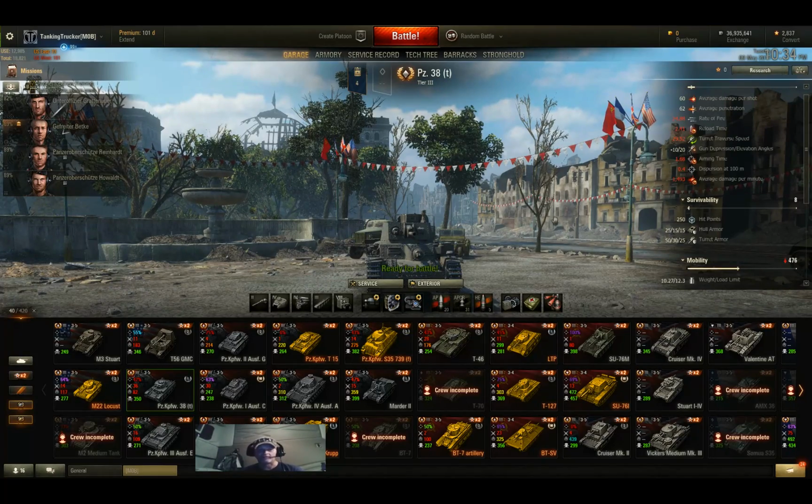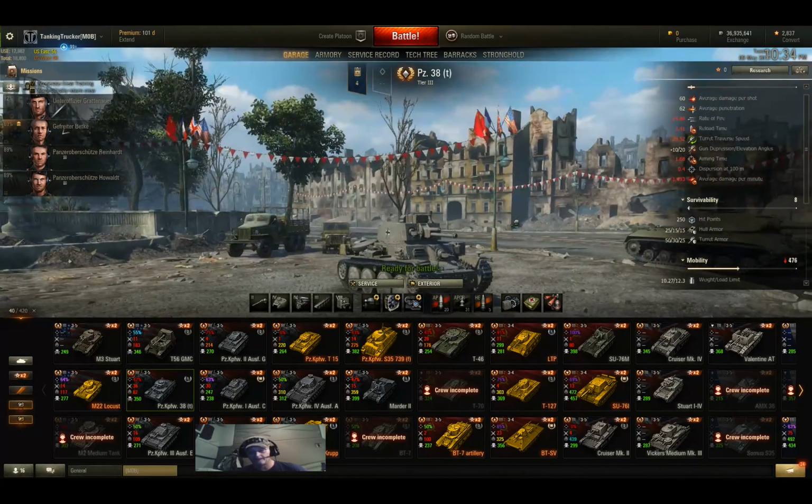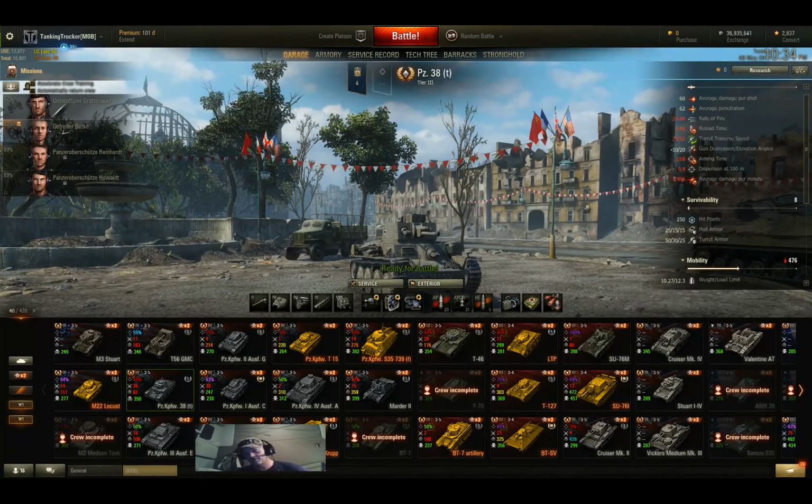So, I can't say enough times, try not to take a tank out unless you got 100% crew. But right now, I don't have any gold, and I wasn't going to go buy some specifically to get 100% crew on this, which I probably should have. I would have done a lot better probably. I wouldn't have missed so many shots. But anyway, so